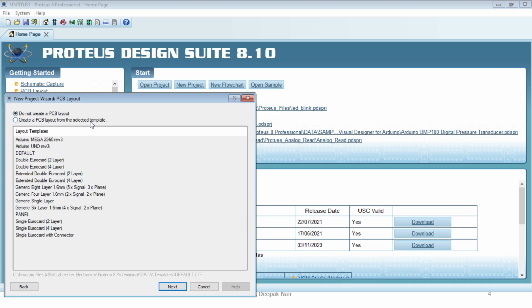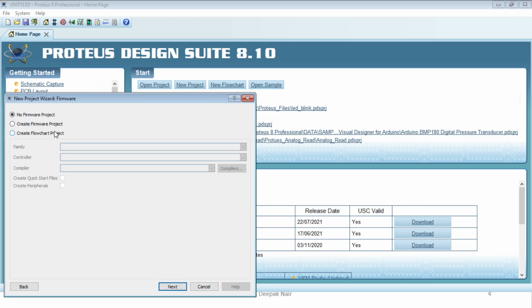Now if you want the PCB to be generated simultaneously, you can click on this particular option, create a PCB layout from the selected template, or otherwise you can just leave it like that. Don't create a PCB layout if you don't want a PCB. Next, if you want any predefined firmware to start with the project, then you can use this create firmware project.